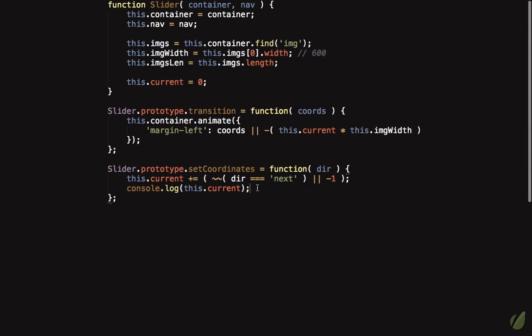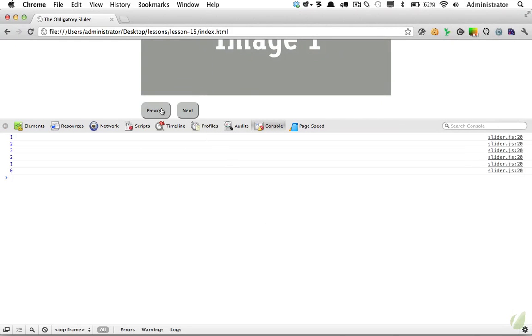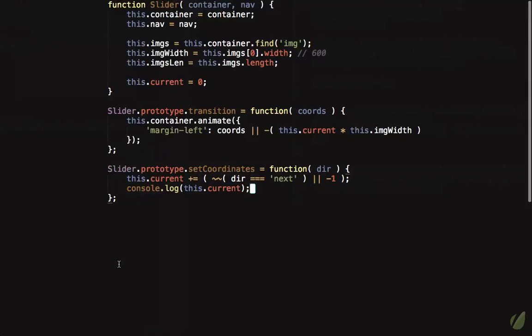But as we remember from the last lesson, we have to be careful about going into the negative territory. Now, every time we click previous, we're going to -4, -3. And that's not very helpful, because that's not what we want. We never want this.current to be below 0. So the next step is we'll say